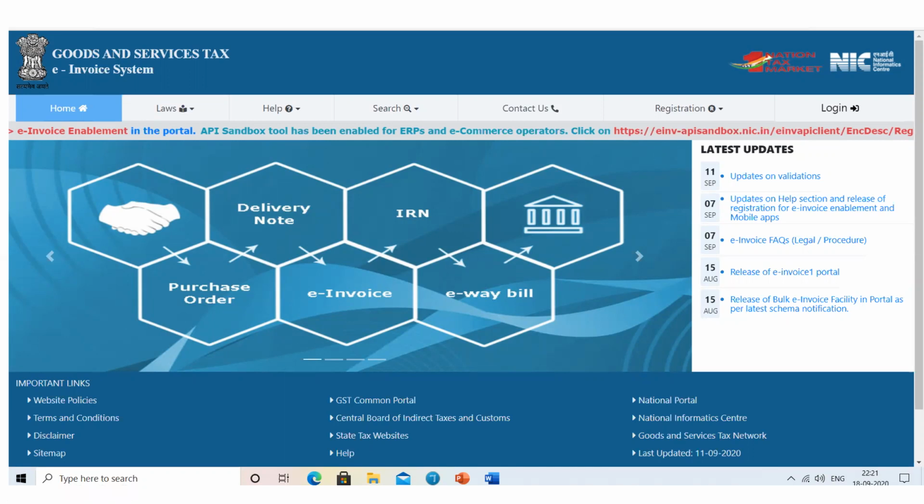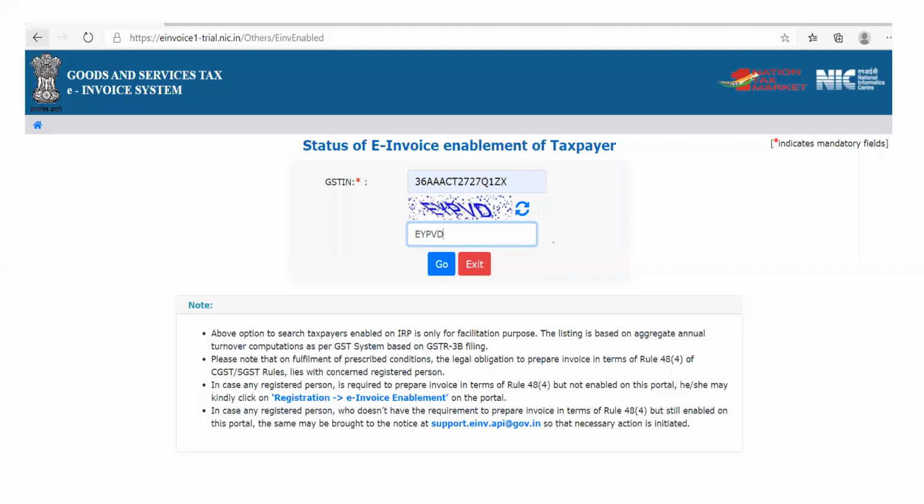The second option which will be available is invoice status check. When you click on the same, this is a page which will open in front of you. You just have to put your GSTN number and CAPTCHA code. What you can see here is a GST number which I have taken randomly from Google. We will just check whether the status of this e-invoice is disabled or enabled. So when you enter the GSTN number and the CAPTCHA code and click on go,